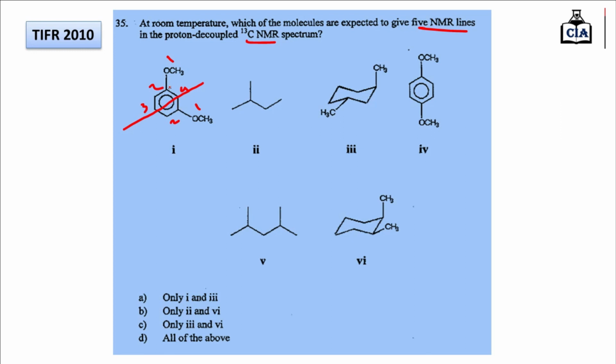These two carbon atoms are equivalent, and this is the fifth type of carbon atom. So option A has a total of 5 types of carbon atom. So only option A has the first structure included, the only option having structures one and three. So option A will contain the first structure, which means option A will be the correct answer.